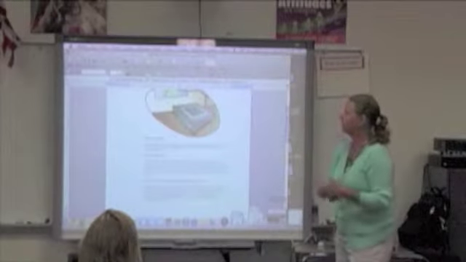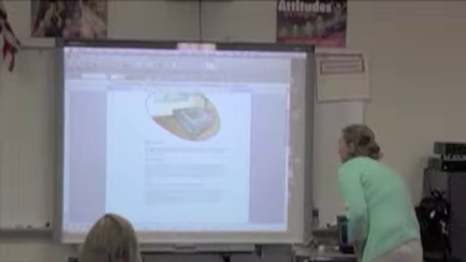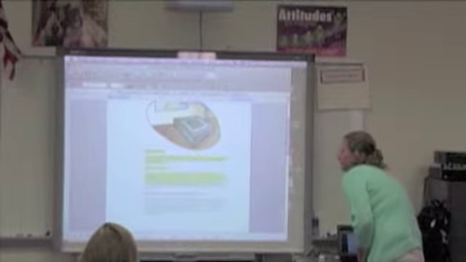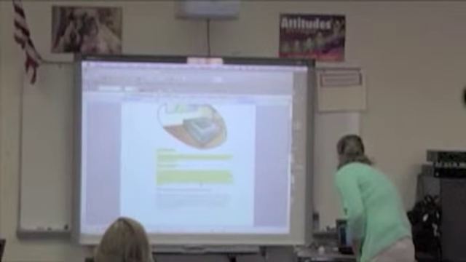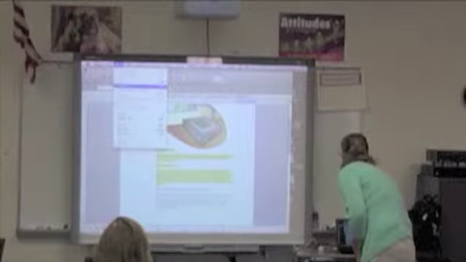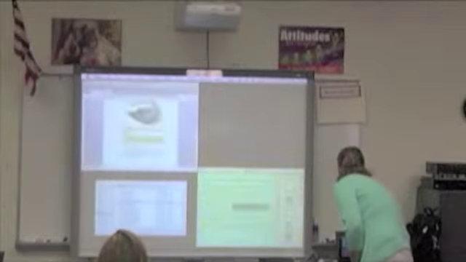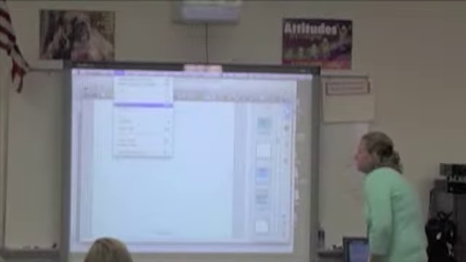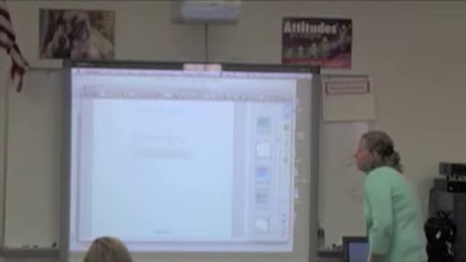So here's something about an overhead projector. And I'm just going to say, I want to take this part of it. Actually, I'll do all this. And I'm going to go off the menu. I'm going to copy. I'm going to go back to my notebook file. So I'm here, I'm going to do an edit paste. And here's that little bit.